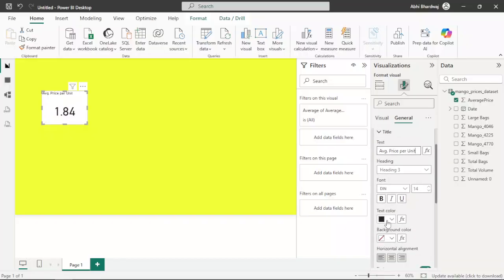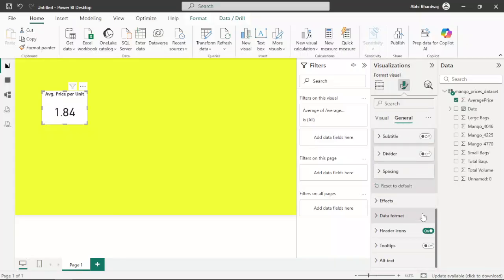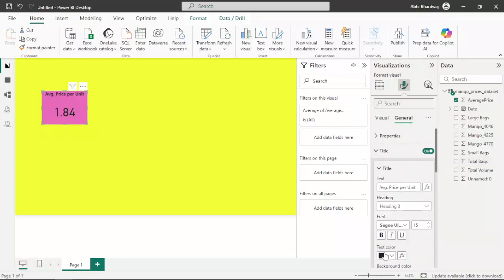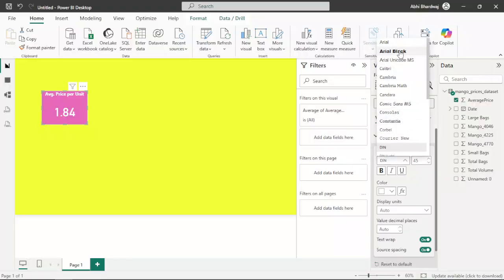Okay. So now keeping it in center, changing the font, increasing the font size a bit, and now let's do one thing. Let's change the background color. Okay, and text color of it is white, keeping it bold, changing the visual value, keeping it white, changing the font to Arial black,